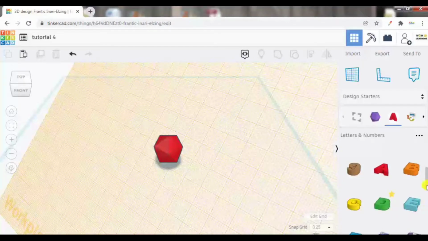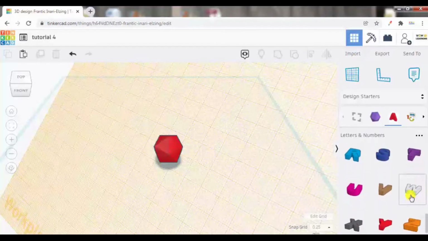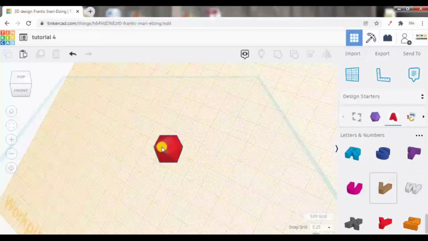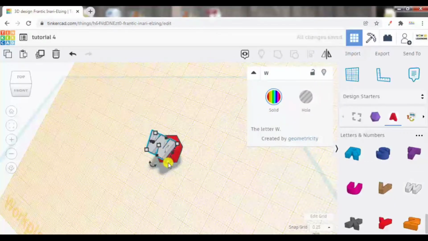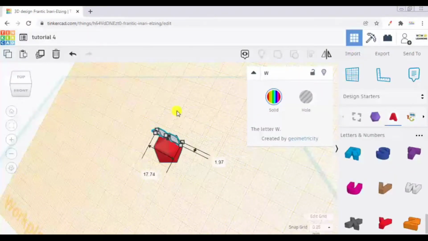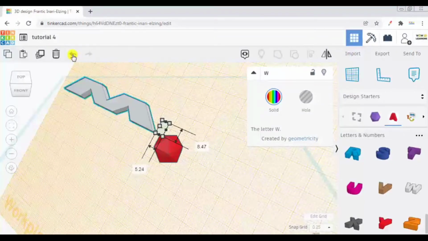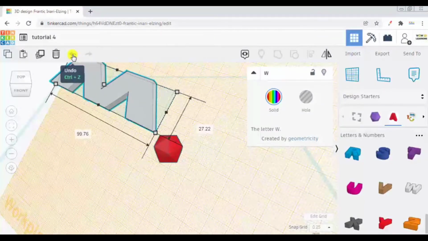Let me click more shapes. Let me drag it down, more shapes, RST. Here is the W. Now if I drag this W, I can directly drag it onto the work plane which I have chosen now. From here, using the white node, I will adjust its shape. So I will just press the white node and adjust the shape.